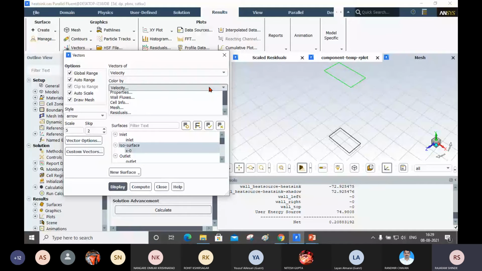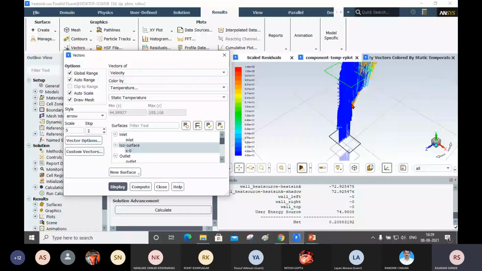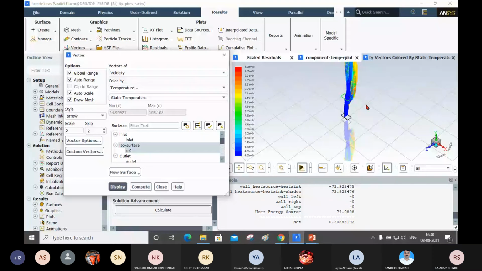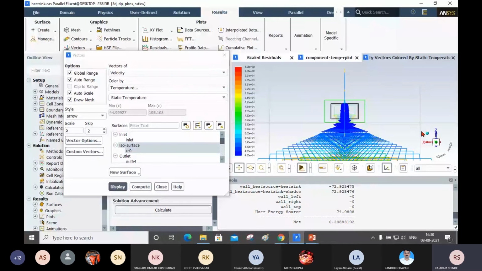You can see here. Okay, it is very big. It is bigger. Now here you will get the values. I will reduce the scale, and I will click on the display button.